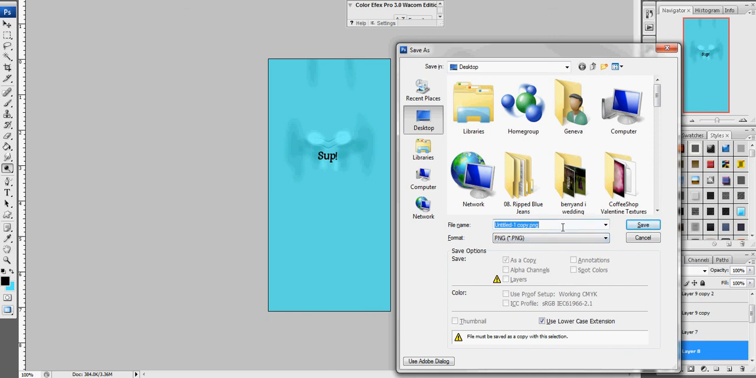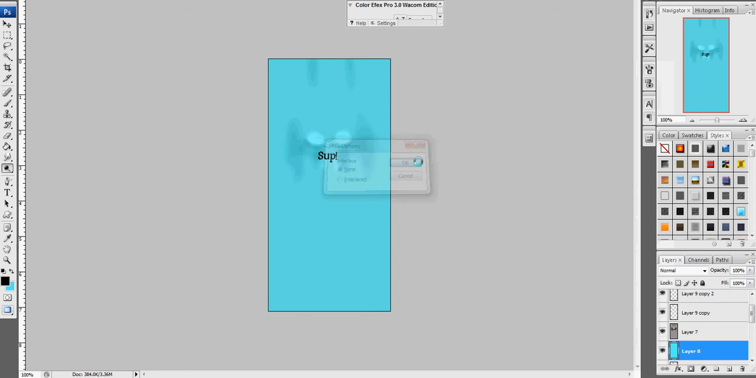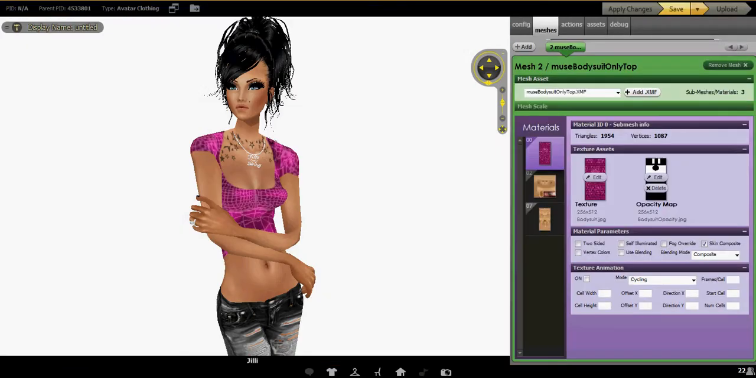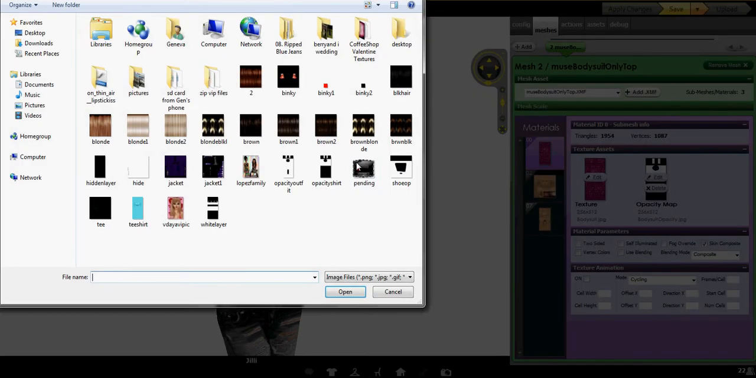We'll go in here. Find your texture. And apply changes. So you can see where the folds are, and really, to be honest with you, this is really quick,